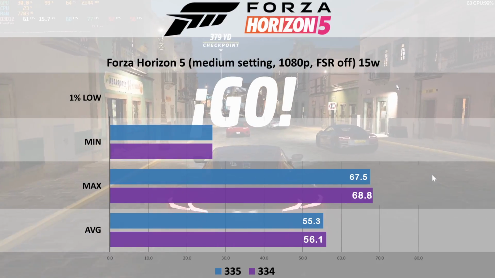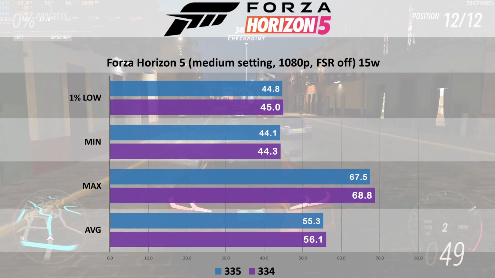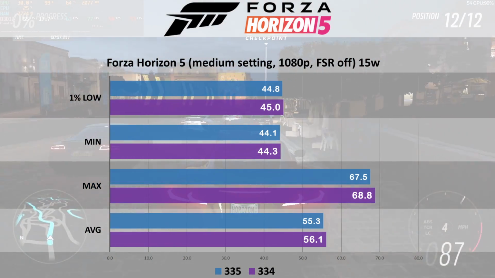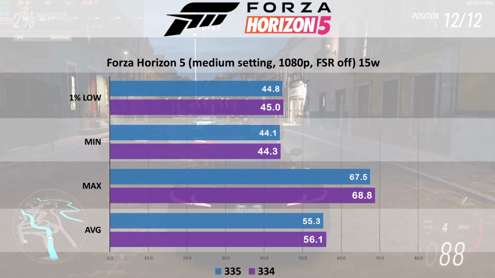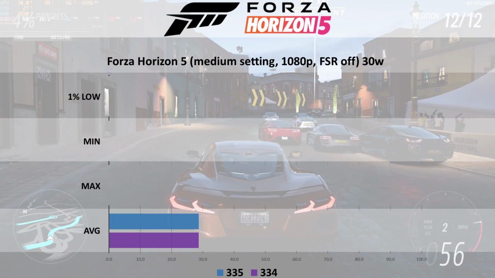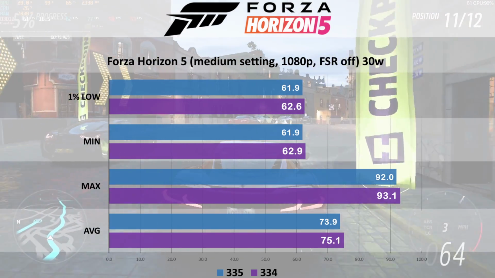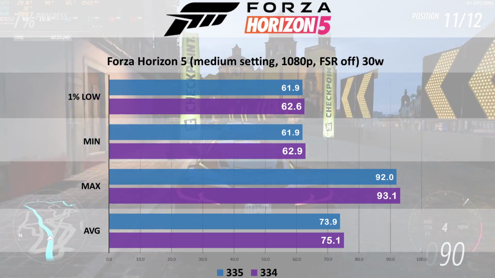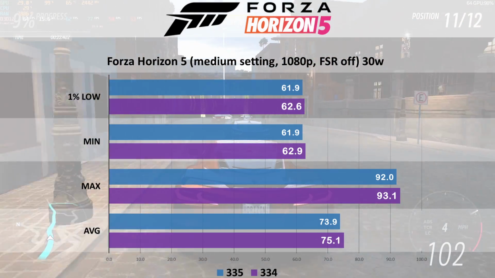First up is Forza Horizon 5. This is medium settings, 1080p with FSR off, and we're going to start with 15 watts. You can see that the results are very similar, but there's a slight advantage for 334. The results are so close that I wouldn't worry too much about the performance difference. And then looking at 30 watt, you can see pretty well the same thing. There's like a 1 frame advantage for 334 over 335, but you're not really going to notice that while you're